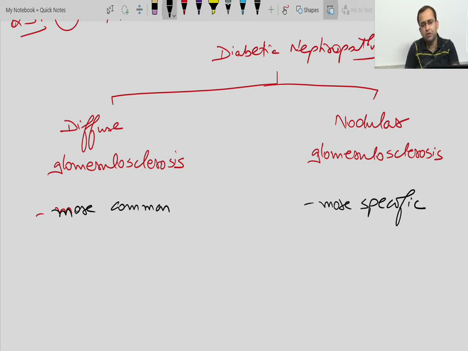Why? Because nodular glomerulosclerosis is associated with the formation of Kimmelstiel-Wilson mesangial nodules or lesions. KW lesions, Kimmelstiel-Wilson mesangial nodules or lesions. Next point,